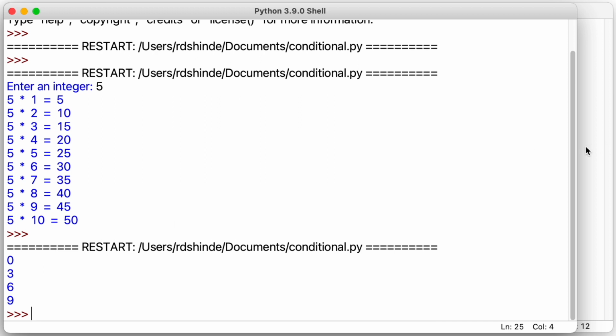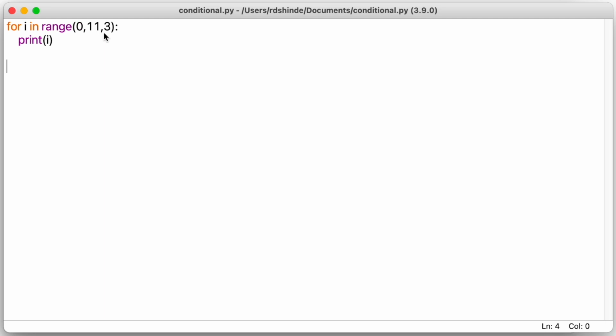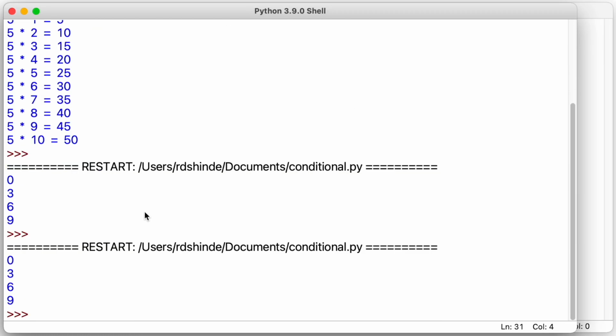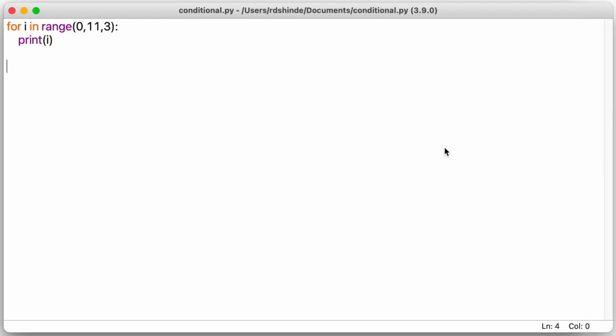This is how a range function is used. It creates the sequence, so it created the sequence of 0 3 6 9. So the sequence contains four different elements, 0, 3, 6, 9, and the distance between each element is 3, because the step that we have given here is 3. And this is how the range function in for loop is used.